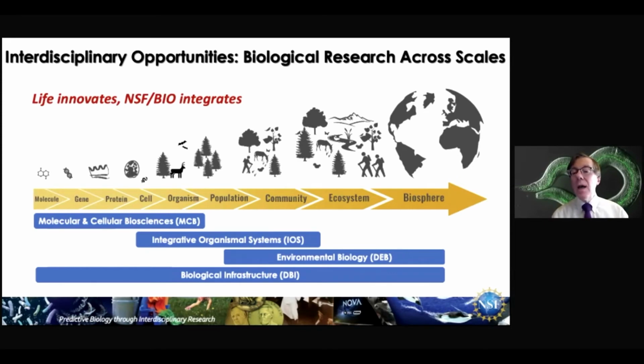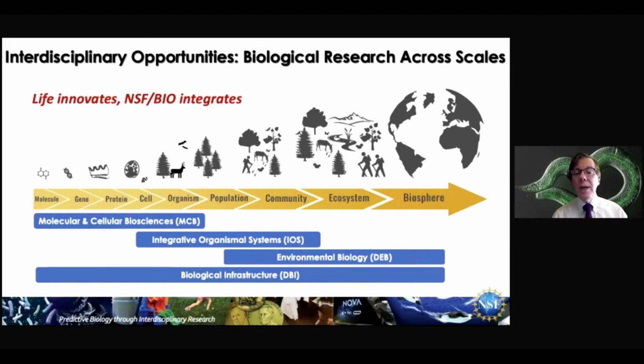So if you have an idea you think could be suitable for cell physiology in MCB and animal physiology in IOS, for example, you could list MCB on the cover page of your proposal, and at the bottom or on the next page, you can also mention IOS. Program officers from both divisions will look at the proposal and decide where the proposal will get the most appropriate review, or sometimes decide that review by multiple programs is warranted.